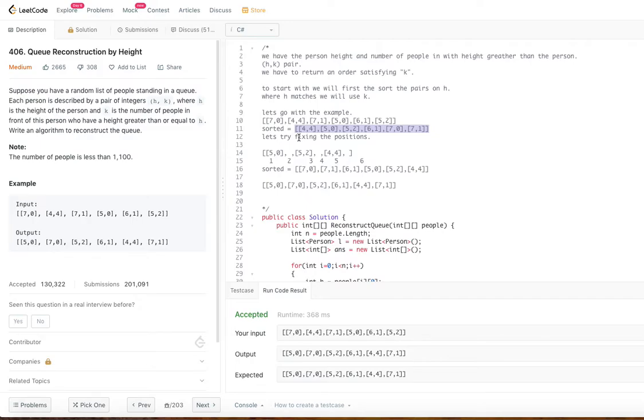Basically, instead of sorting in ascending order, we sorted in the descending order of the heights, right? So if you look back, 7, 6, 5, 4. So that's the descending order of the height. That's the important information on how to do the sorting. If you sort in the ascending order, there are some roadblocks and probably more logic needs to be thought about.